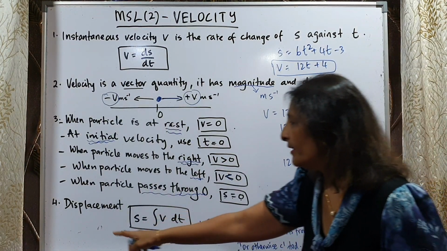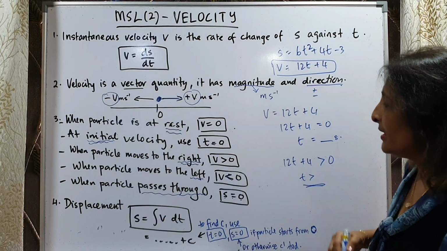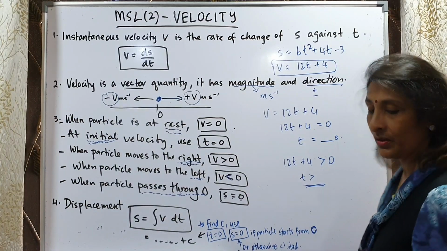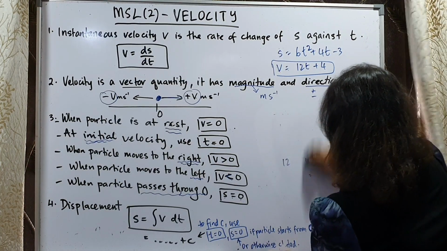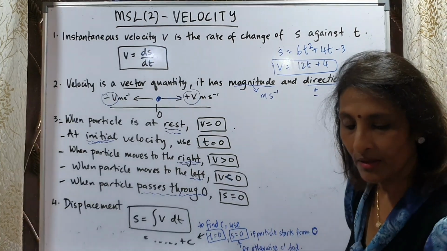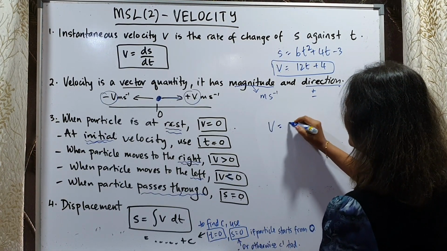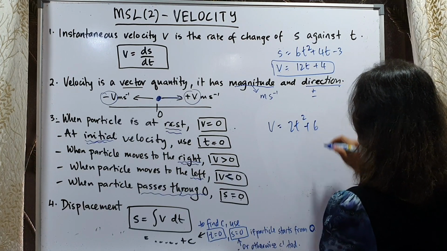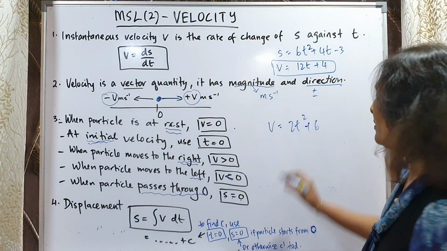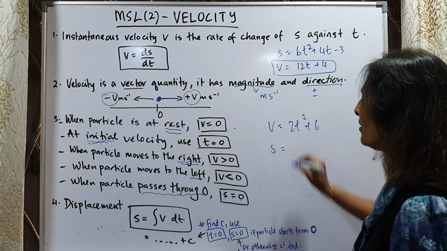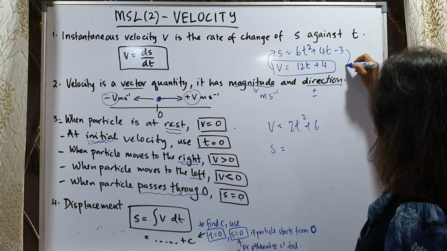Then number 4 is something new. How do we get the displacement if we already have a velocity equation? For example, you are given in the question a velocity equation. Let's say they gave you v equals 2t squared plus 6 or something like that. You want to find displacement, so you need to find s. So how? You are going backwards now. From v you want to go to s. From s to v you did